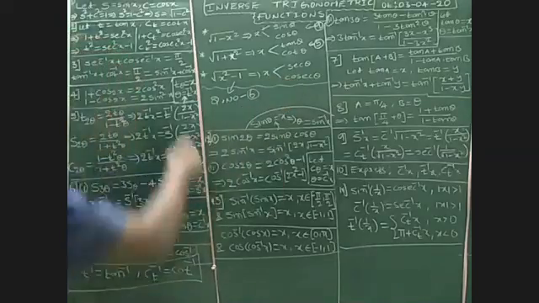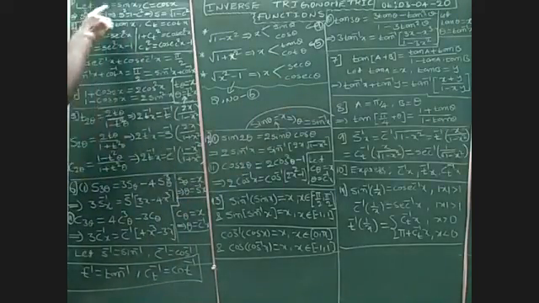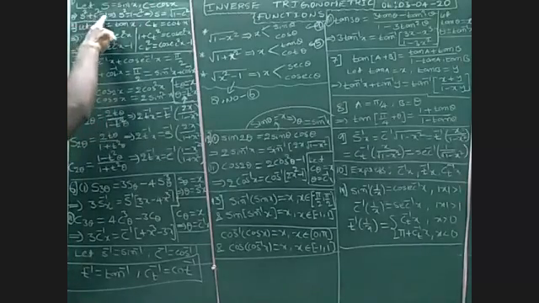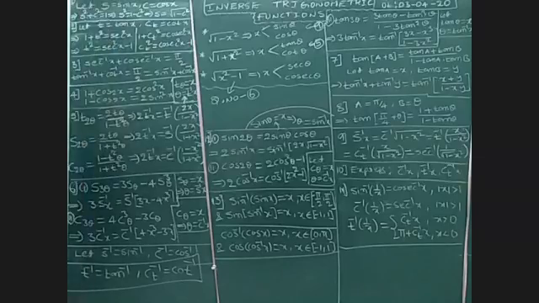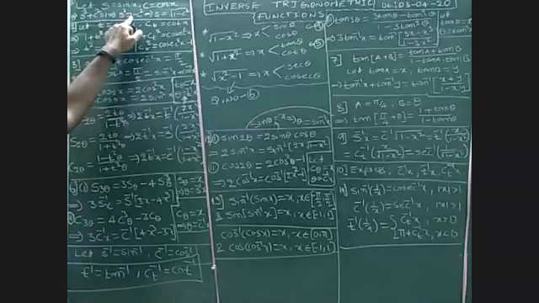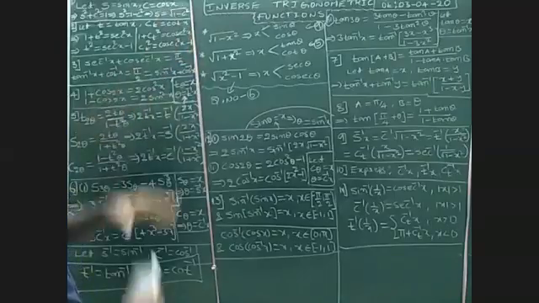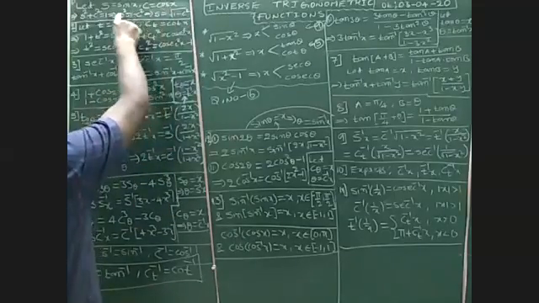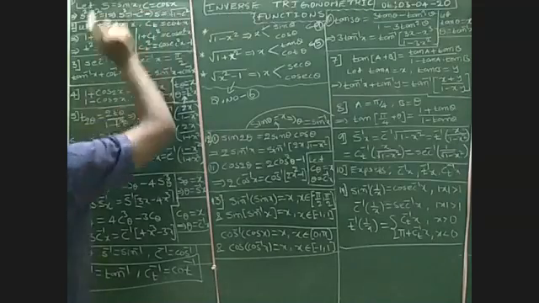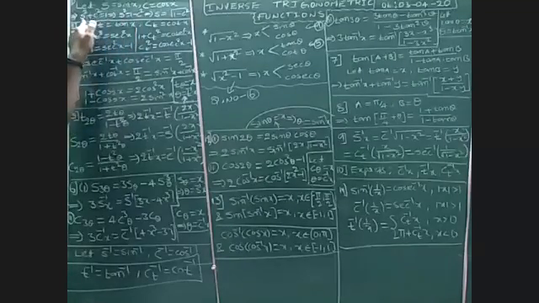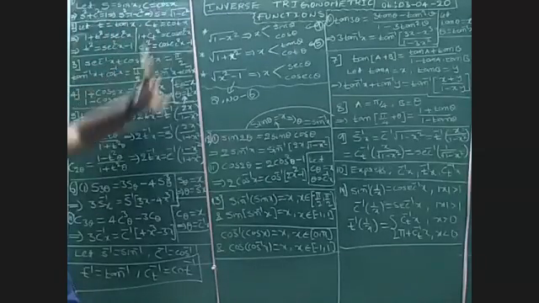Why? Because I have written a few formulas here. Already we know that sin square theta plus cos square theta is always equal to 1. From this, I want to take cos square to the right side, so sin square can be written as 1 minus cos square. Then sin is equal to root over 1 minus cos square. So 1 minus cos square is sin square, then we'll get sin x is equal to sin.